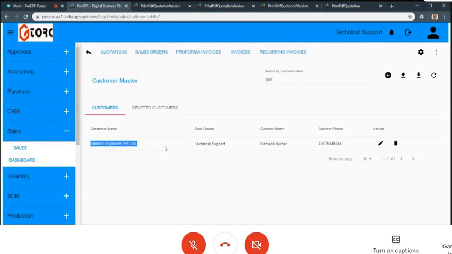That's correct. That way they have no option but to put only the CIN, and the correct name will show in the vendor master directly.